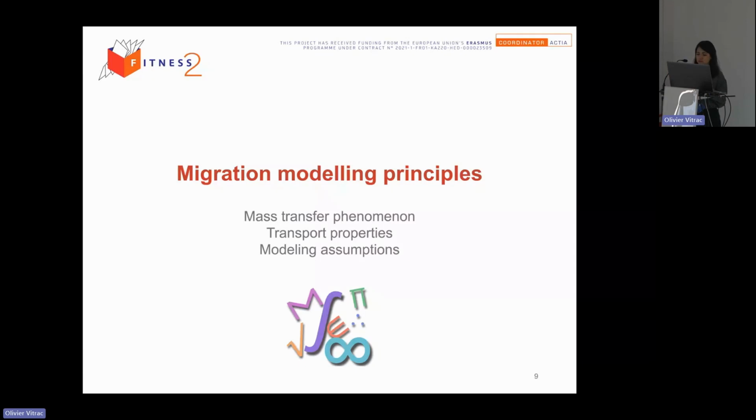So all you need to understand and use migration modeling tools. Here I just give you some quick principle and some overview. We have several modeling tools, so just to show you one tool, named SFPP3. So just rapidly,